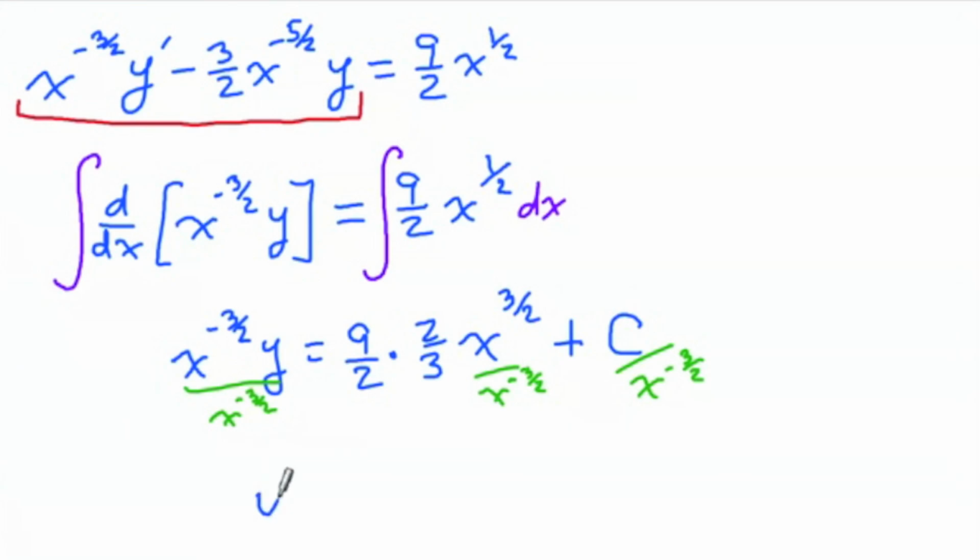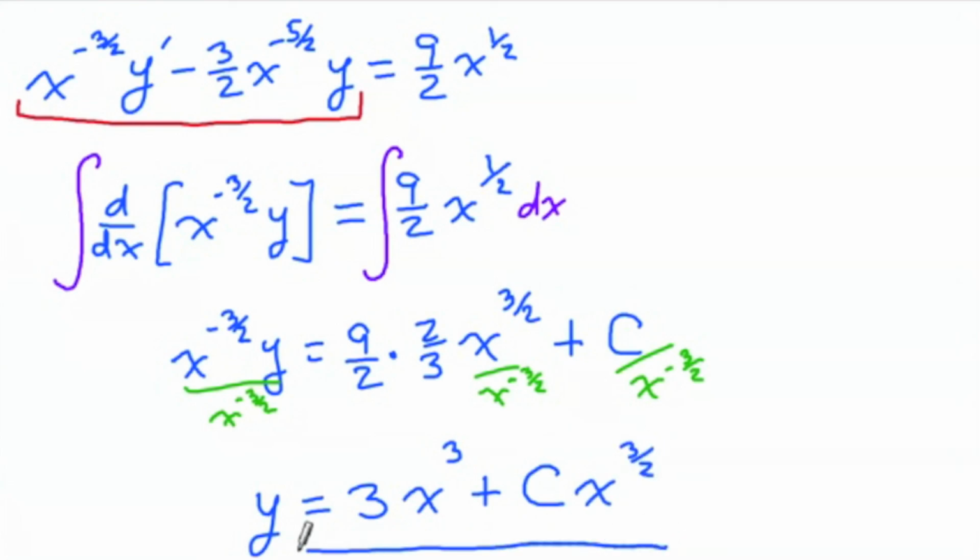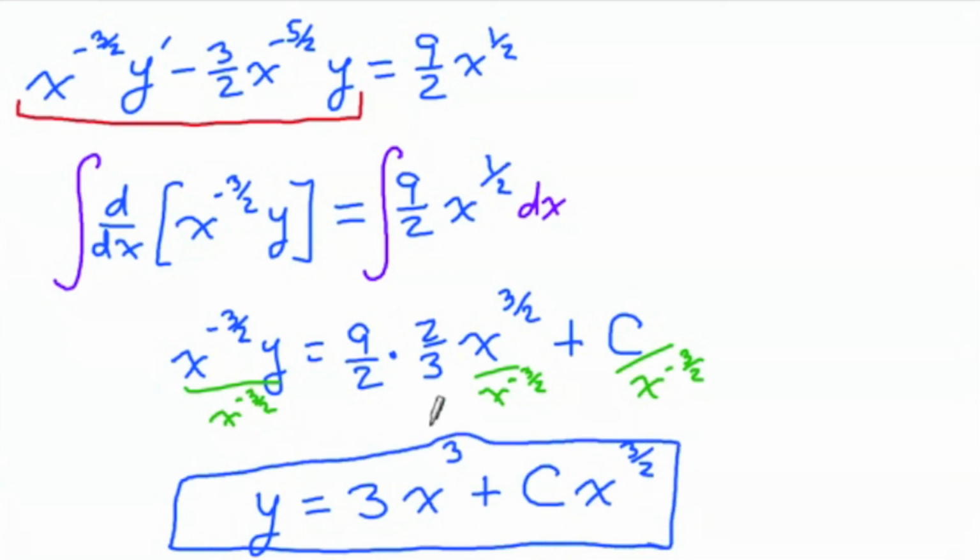So we're down to our solution, which is y equals, the 2's cancel, 3 goes into 9 3 times. X to the 3 halves divided by x to the negative 3 halves would be positive 6 halves, which is 3. So this would be x cubed, plus, and I can bring that negative exponent up, so it would be x to the positive 3 halves. And there's our solution. And you can check your work by taking the derivative of this and plugging it back into the original differential